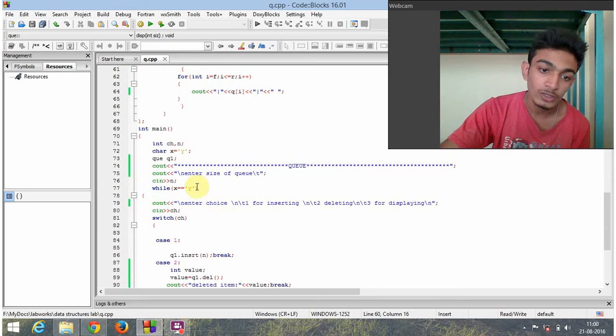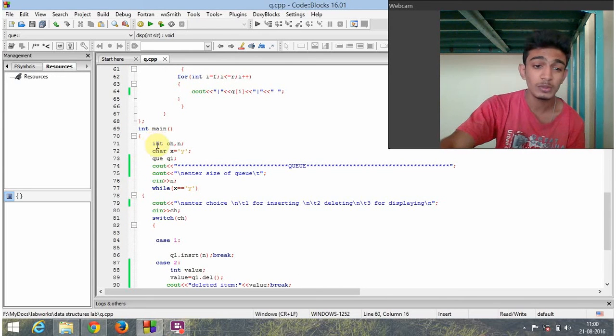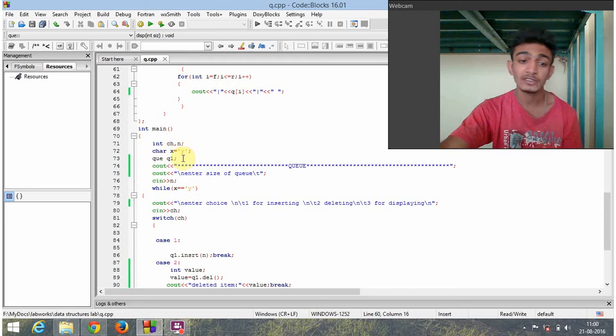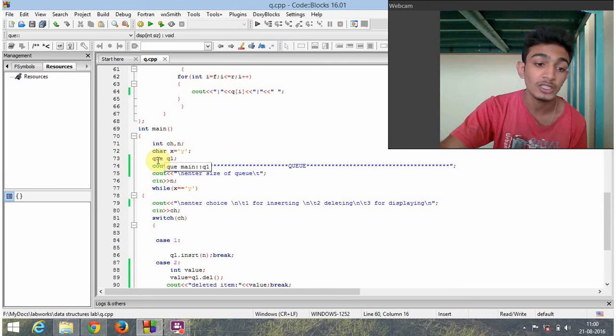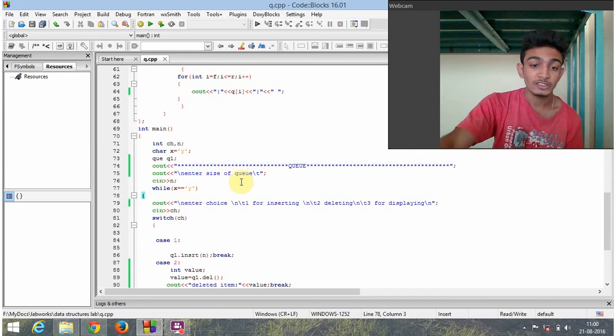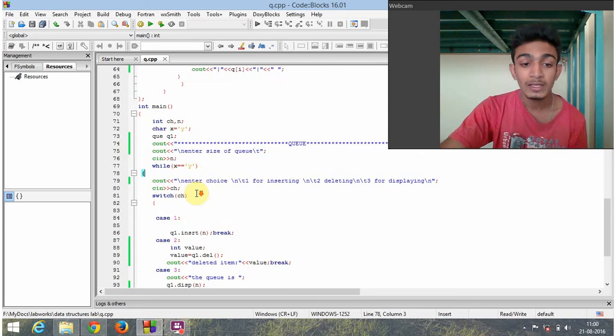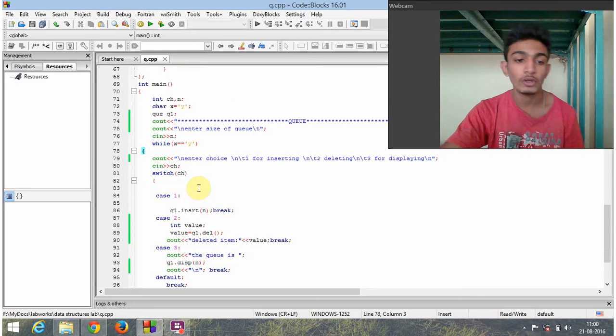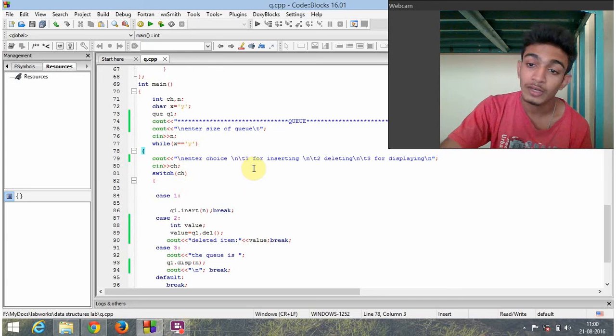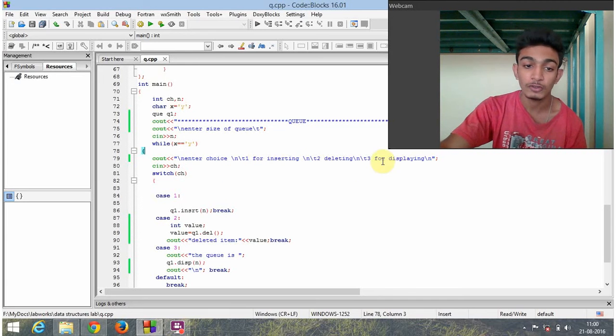Now in the main function, I've declared the necessary variables ch and character x equal to y, and then I've declared a class object q1 of Q. Then I ask the user to enter the size of the queue, which is taken in n, and then I start the while loop, while x is equal to y, to ask the user whether to continue or not. Then I ask the user to enter the choice: 1 for inserting, 2 for deleting, and 3 for display. If the choice is 1, I use a switch case to call q1.insert(n),